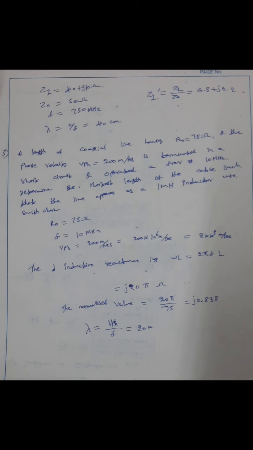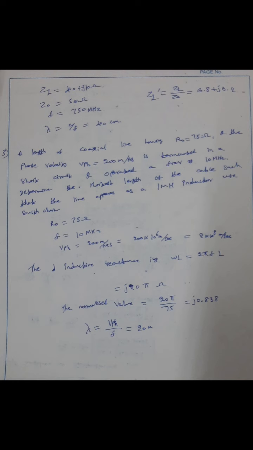Next you have to calculate the K value. K equal to ZL minus Z0 divided by ZL plus Z0. Then you have to find the standing wave ratio. S equal to 1 plus modulus of K divided by 1 minus modulus of K. So after calculating these values, the length of the stub formula, LS equal to lambda by 2 pi tan inverse of square root of S divided by S minus 1. On substituting the S and lambda values, you will get the location and the length of the stub. This is the simplest one.